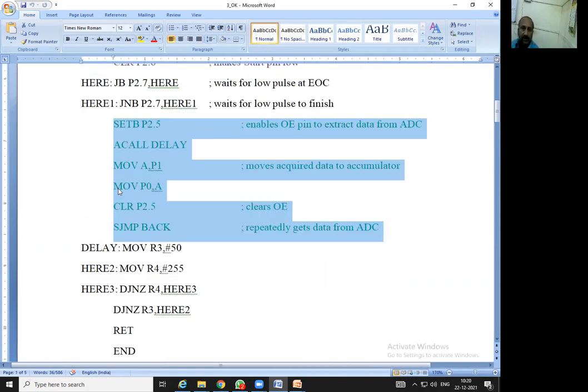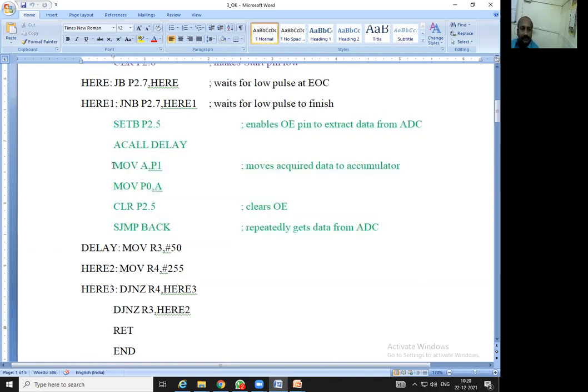That is these two instructions only: move A comma P1 and move P0 comma A. Okay, so how can we skip it? Just put a semicolon in front of them and they will become inactive. So this is what we can do, commenting.